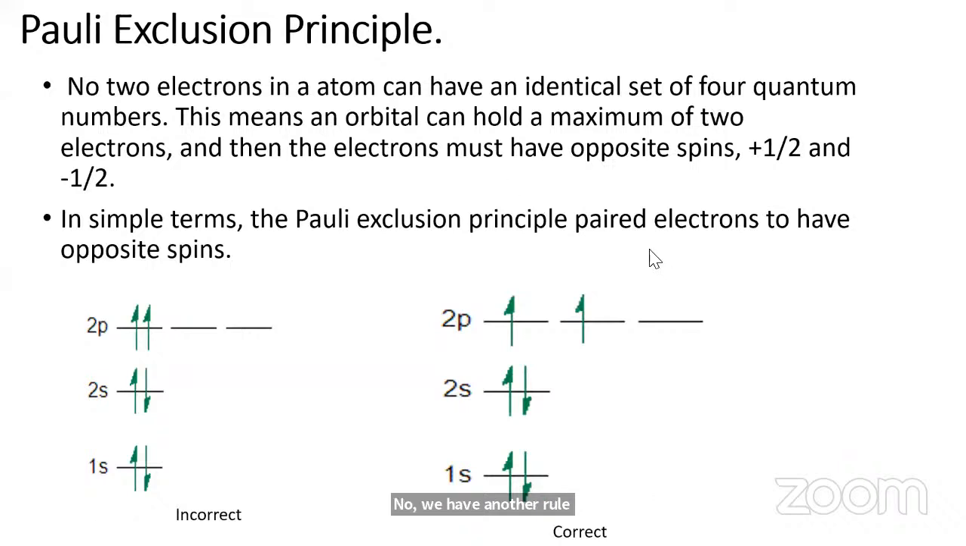The third rule is what we call the Pauli exclusion principle. This principle is just telling us that no 2 electrons in an atom will have an identical set of 4 quantum numbers. And it is only the ms that will separate these orbitals, because if I write n equal to 3, L equal to 2,